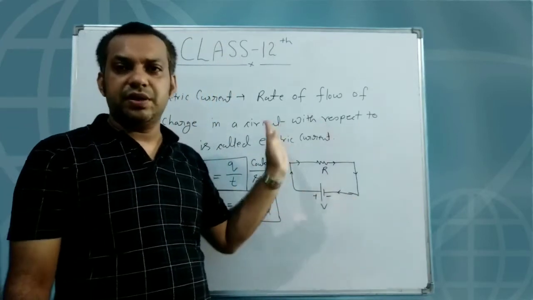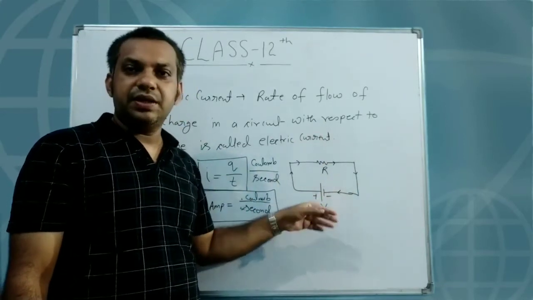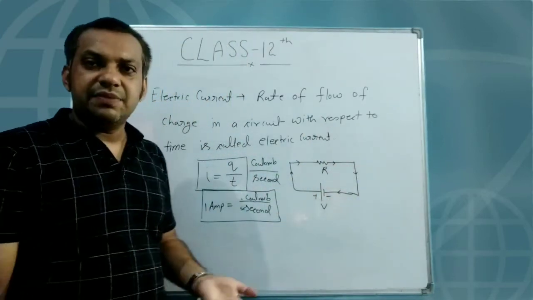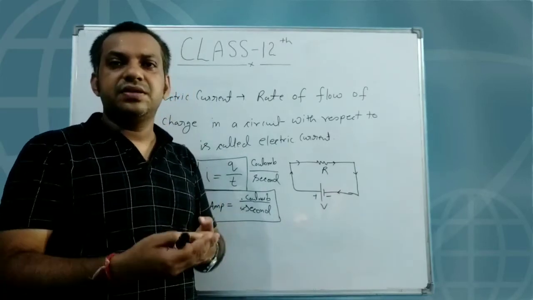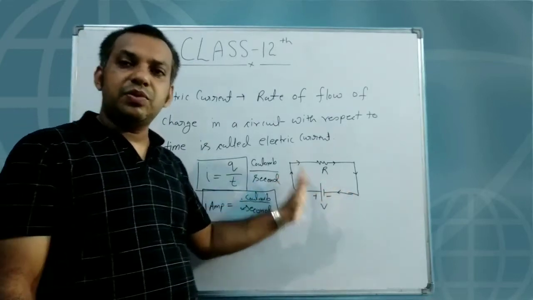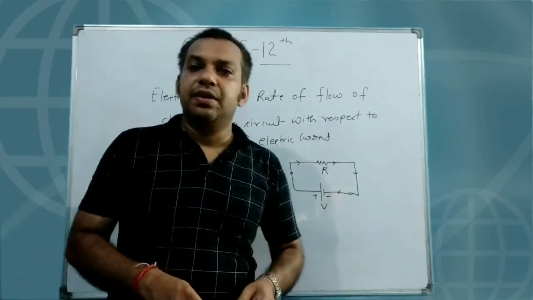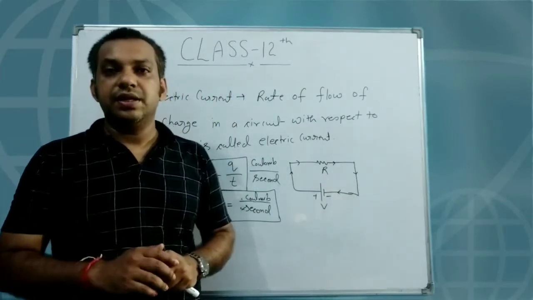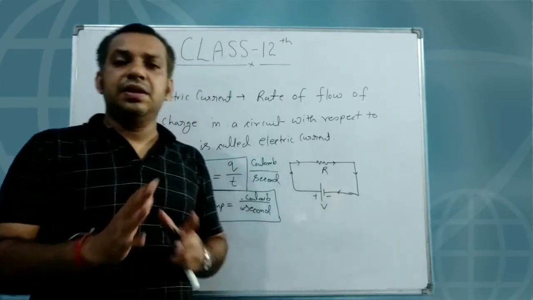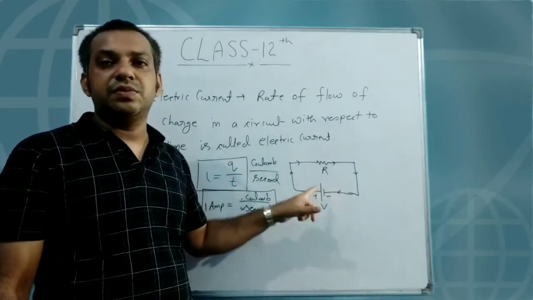Actually the electron is moving, the positive charge is not moving. The electron moves from the negative terminal to the positive terminal, which is called the electronic current. But because the electron has a negative charge, to overcome that negative charge, there is a common conventional assumption. We take the current in the opposite direction to the movement of the electron. By taking this, we are already eliminating the negative behavior of the electron. So for the simplification of our calculation, it is a simple assumption to always take the current direction opposite to the movement of the electron.